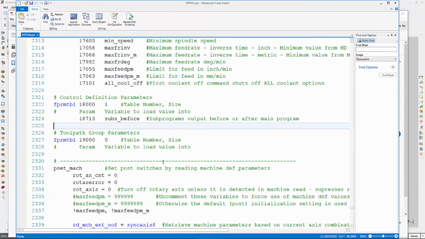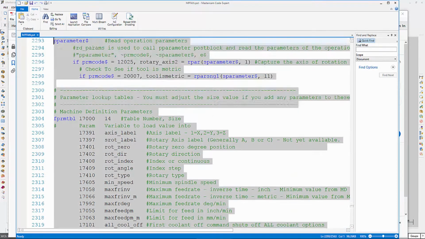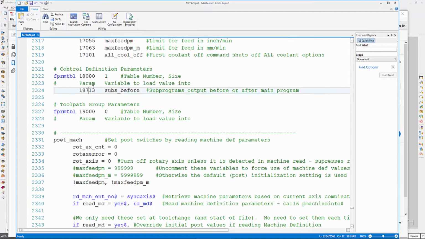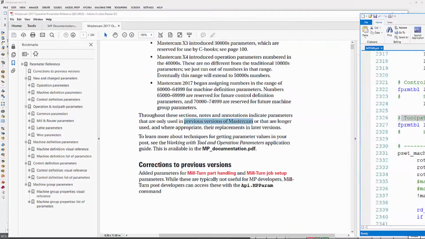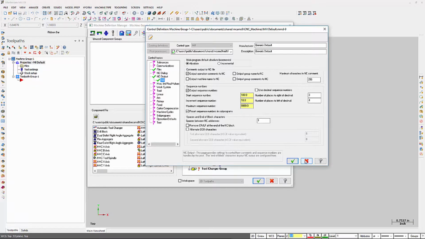If we go back to this MP fan example, this is really not a lot of parameters. We're only capturing 14 parameters from the machine definition. We're only capturing one parameter from the control definition, and we're not capturing any from the toolpath group parameters. And what are the toolpath group parameters? If we go back to Mastercam here,